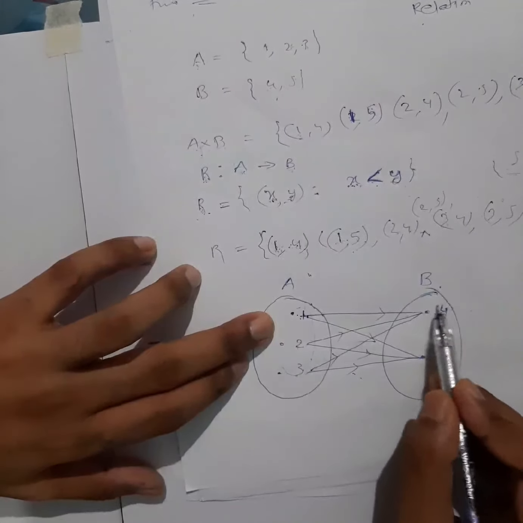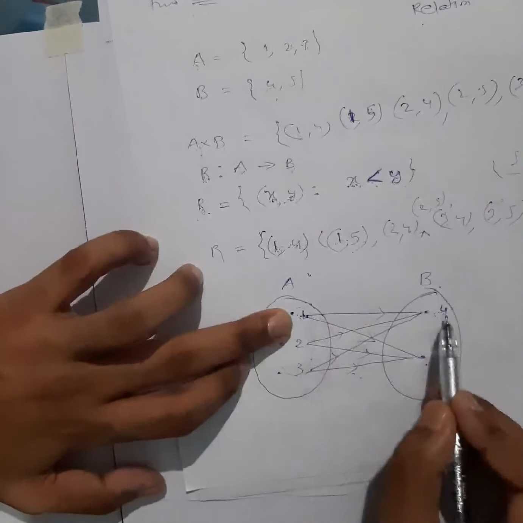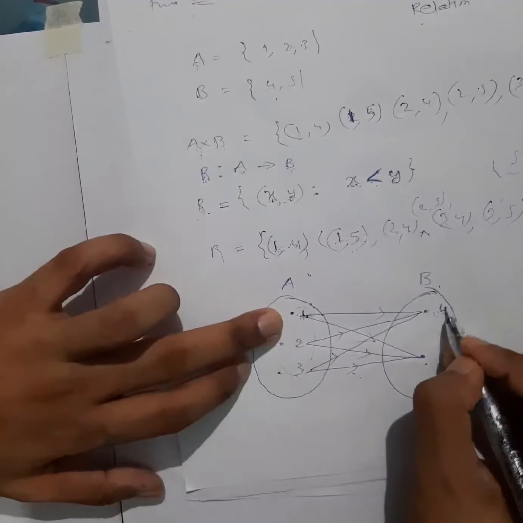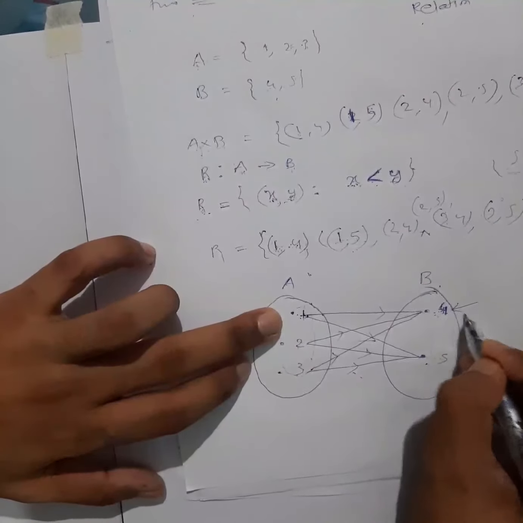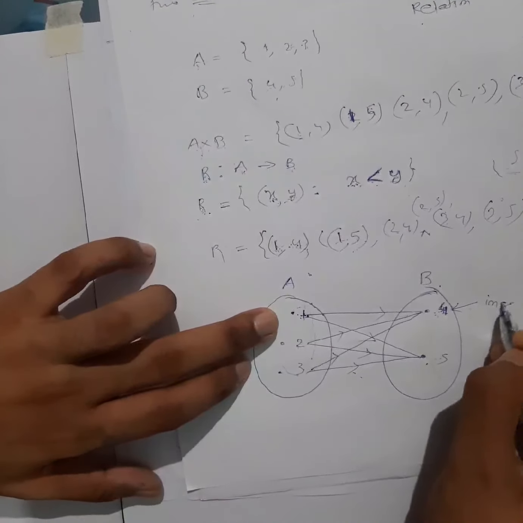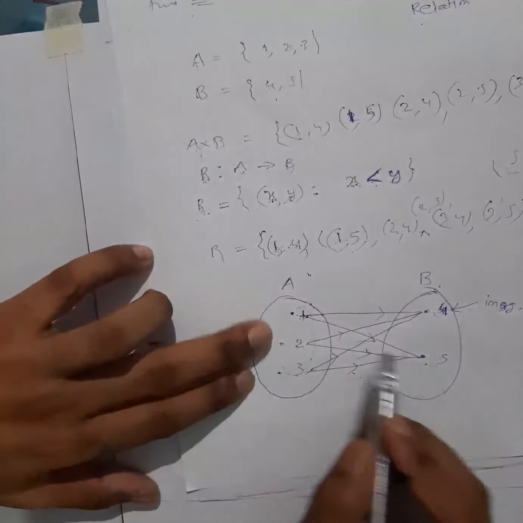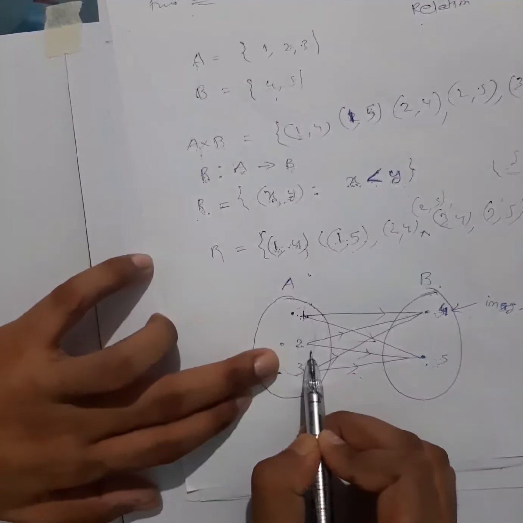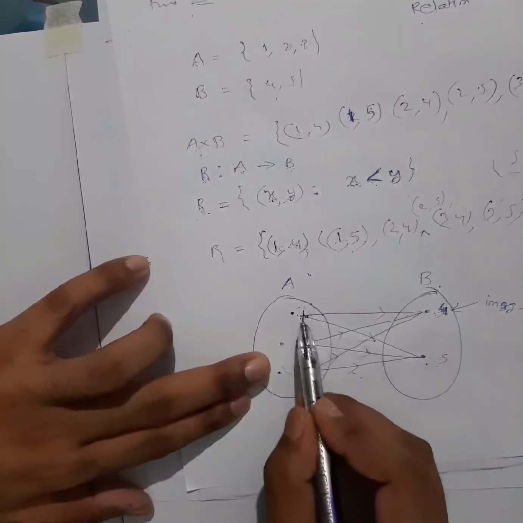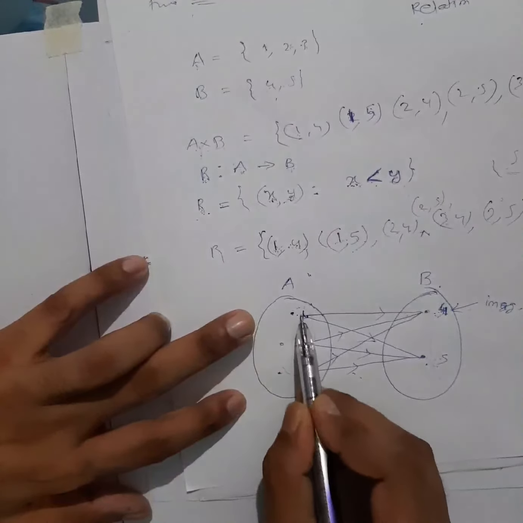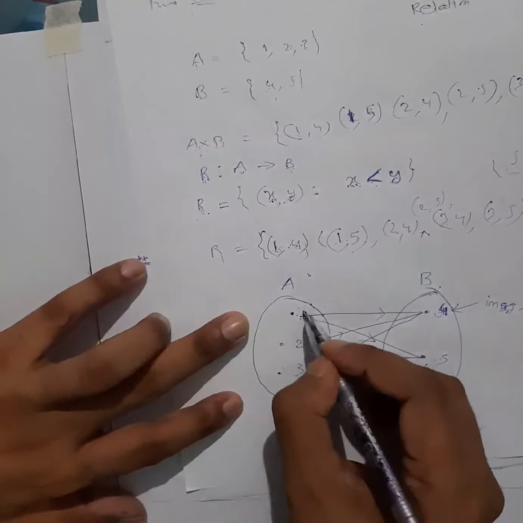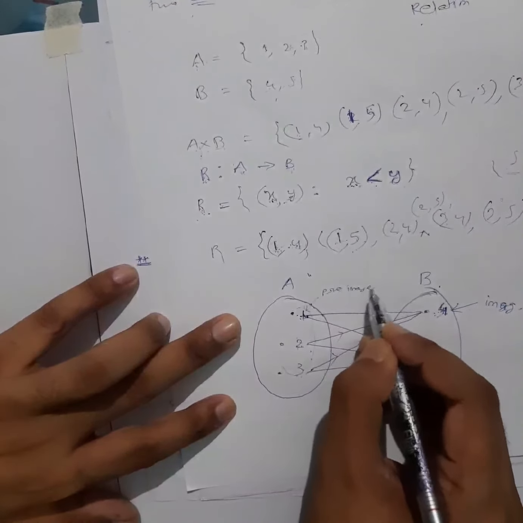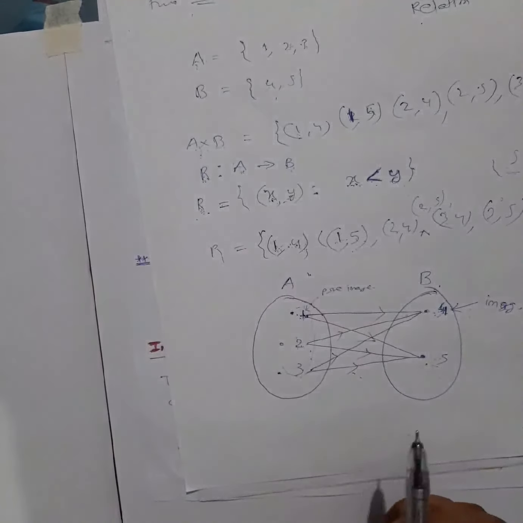So you can consider this one as your shadow, because these are related, so it will always be with this element. So this is said to be image also. That's how they have given a name. This is also called image of 1. 5 is called image of 1. 4 is called image of 2 also. 5 is called image of 2. So if this is image, this is also called pre-image. This is also named as pre-image. Just a name. Clear?